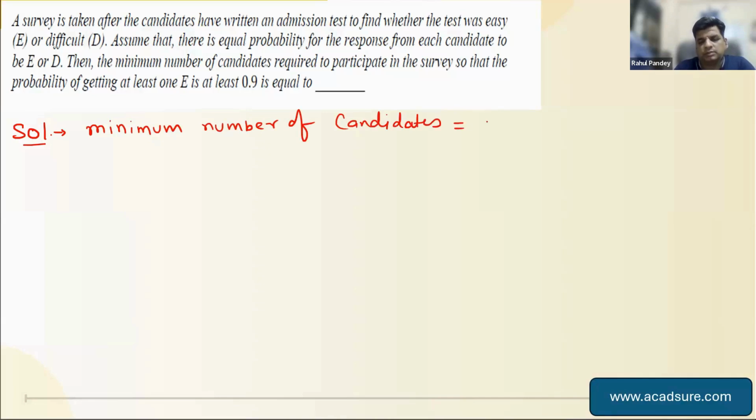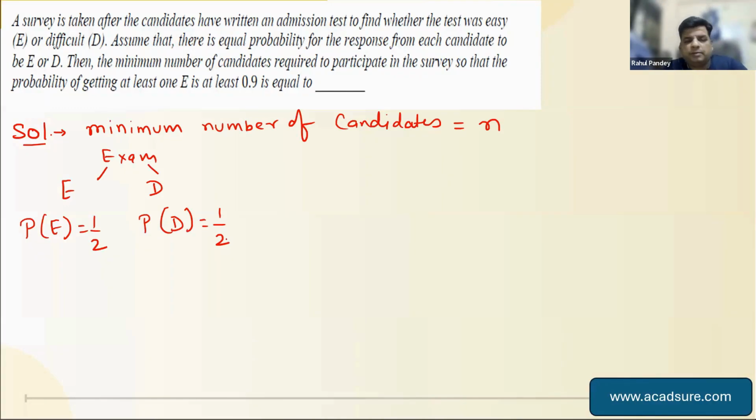Right, let's say the number of candidates is n, and they all have given an exam, and that exam can be easy or difficult, and each candidate can choose it with equally likely chances. So I would say the probability of the exam being easy would be half, and the probability of the exam being difficult will also be half. Now we have to find the minimum number of candidates required to participate in the survey so that